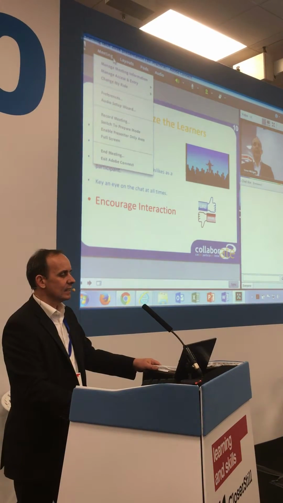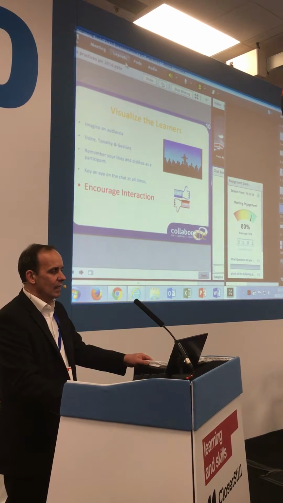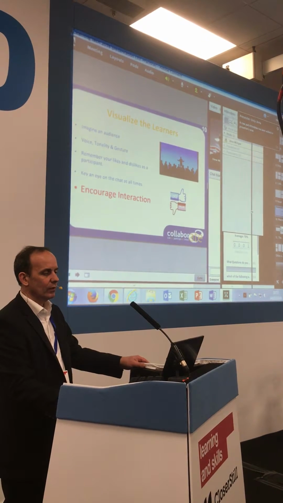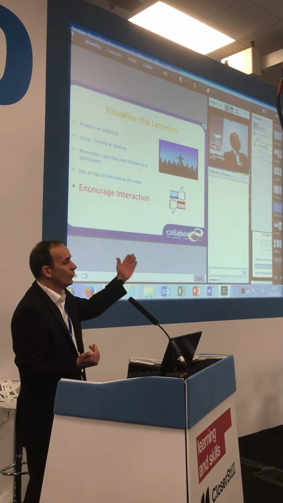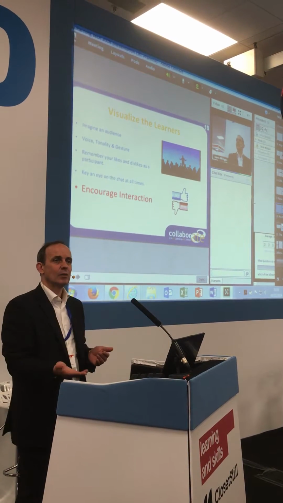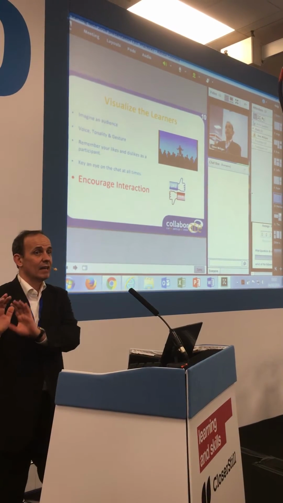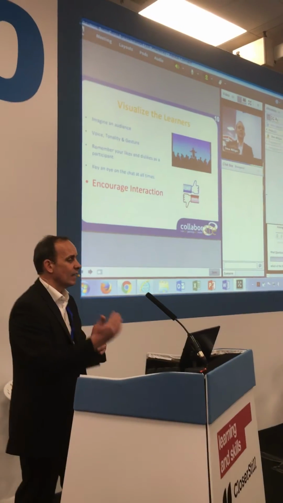There's other little tips and tricks in Adobe Connect. So there's like a presenter only area. And in the presenter only area, I sometimes will add the attendees pod. So again, I can kind of get a visual representation of who's in the room. I can see the list of the participants. None of the participants can see that because it's in my area only, if you know what I mean. So again, that helps you visualize the audience.